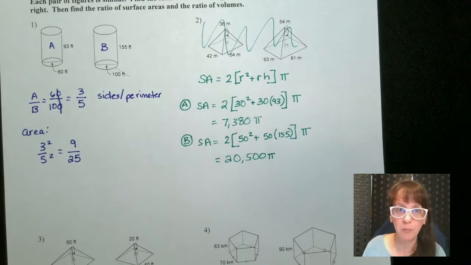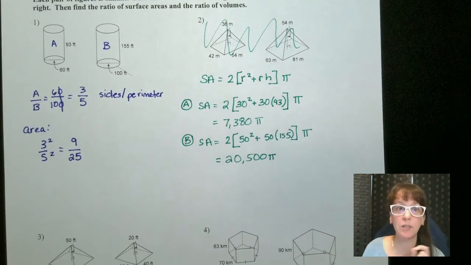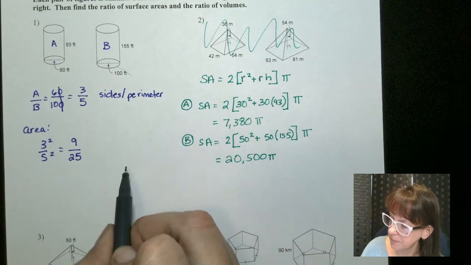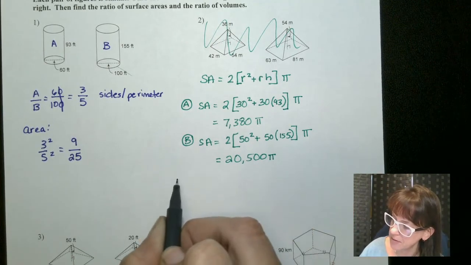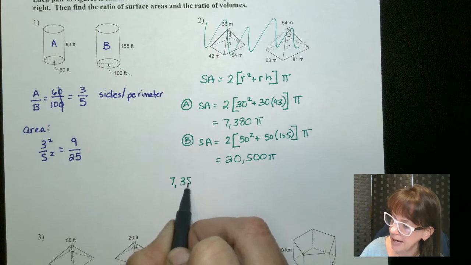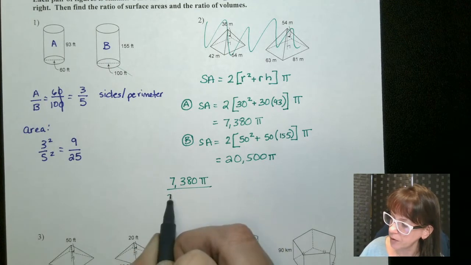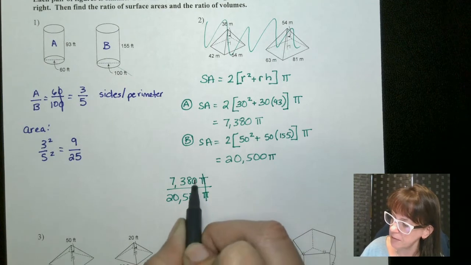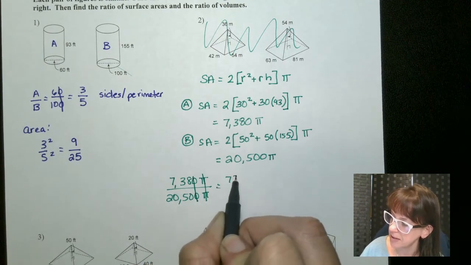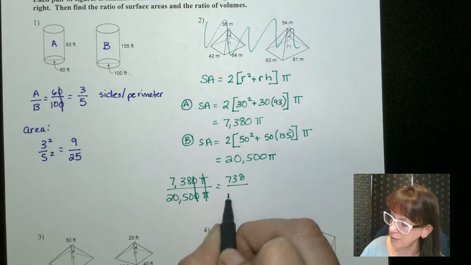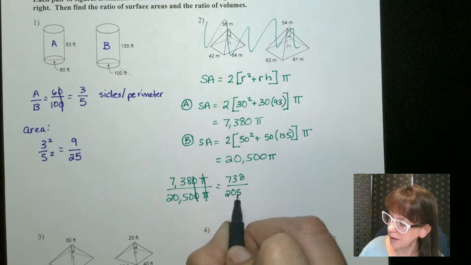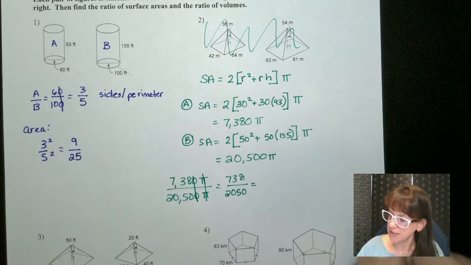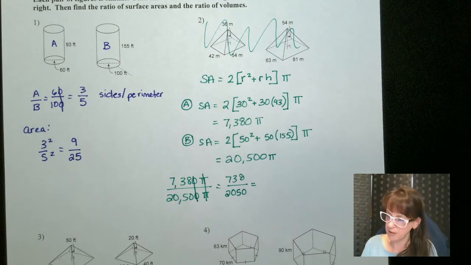If we compare the ratios of A to B as far as area goes, we would have 7,380 pi over 20,500 pi. Lob off the pi and lob off that 0. We end up with 738 over 2050. And if we reduce this down, let's see,